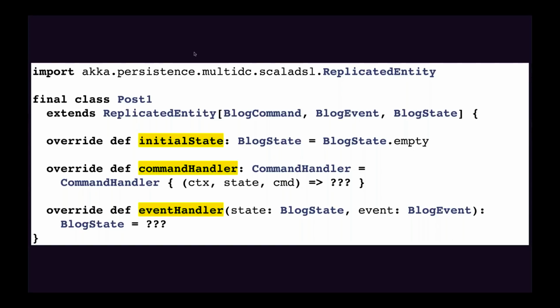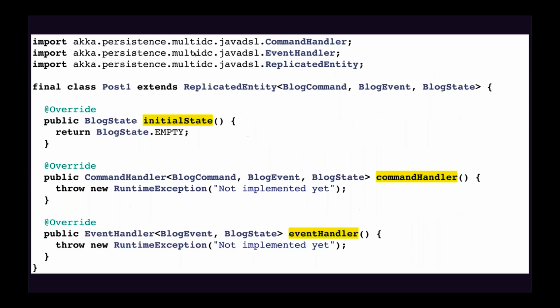So the command handler handles incoming commands, the event handler handles events. Commands are requests to do something, events are statements of fact, something that has happened. So there are methods that are implemented for both. Here's a Java example of the same thing, where we have a replicated entity in Java. Also note in the definition of this class that you do declare the command, event, and state classes or interfaces. So those things are known to the implementation. They're all a formal part of the way you set things up with replicated entities.